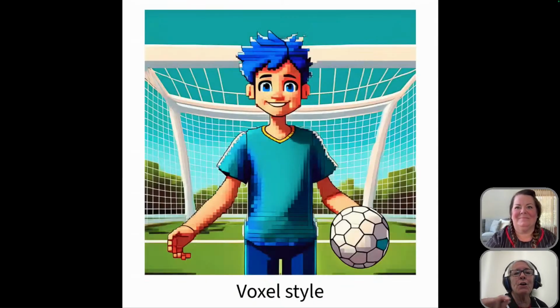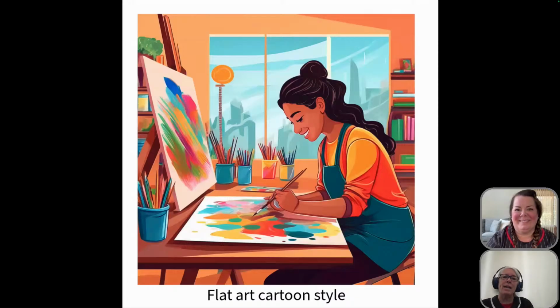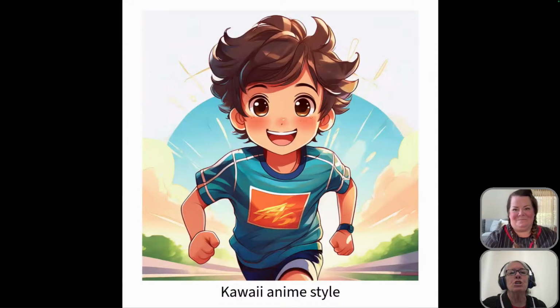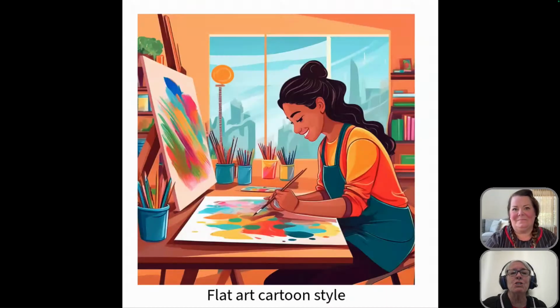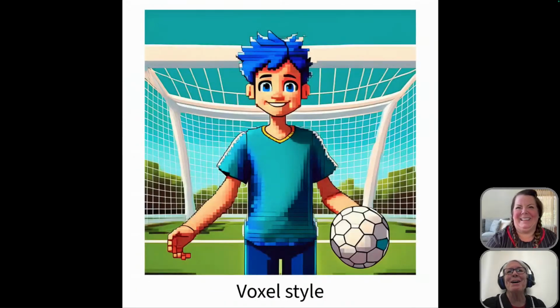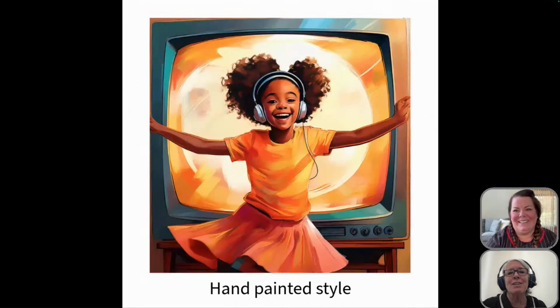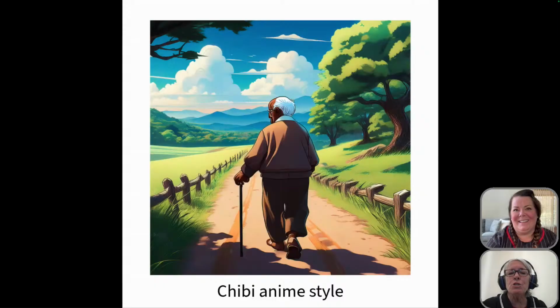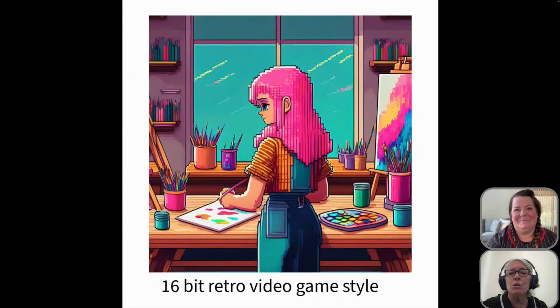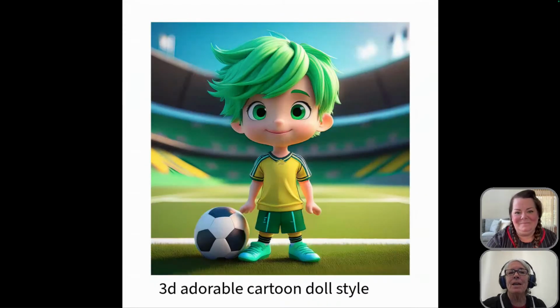So this is a very early version, and I think I have a blog post that I did last year about these different styles, which is in a much more primitive state than Shell's thing. But it just was to show students that you could use those different styles, and then I tried to tap into